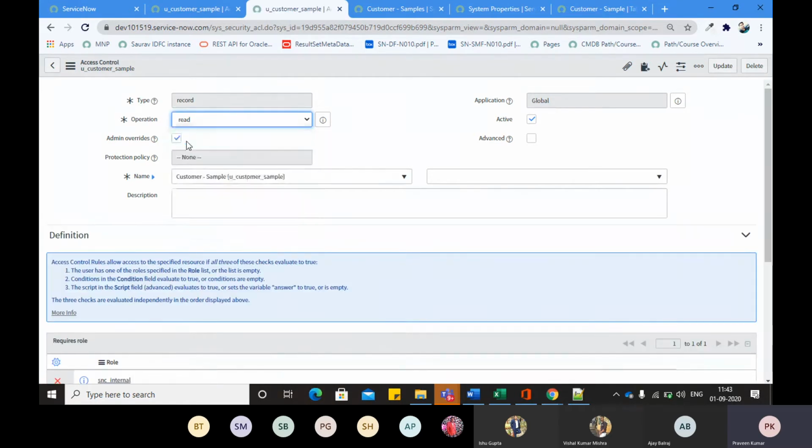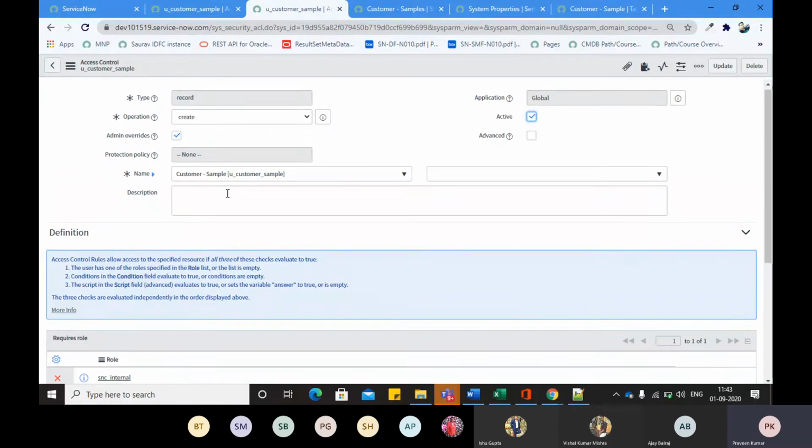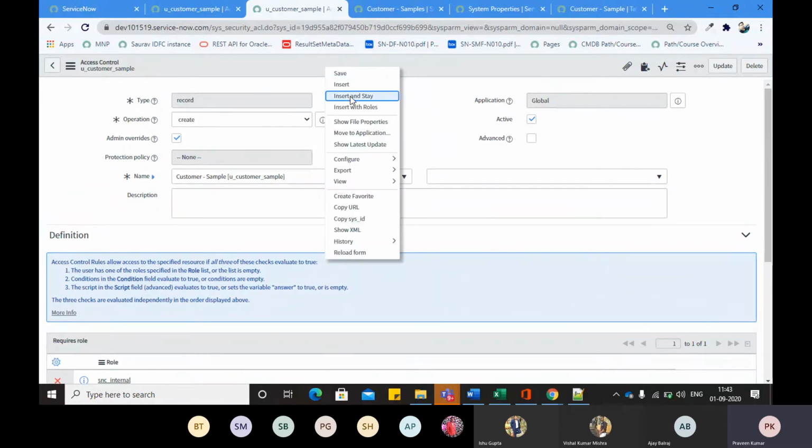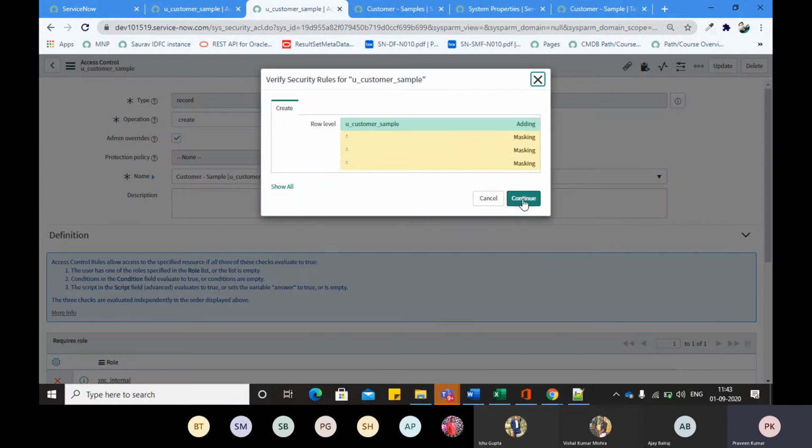So change the operation to create. Yes, table level creation, and insert and stay, because I am changing the existing record.